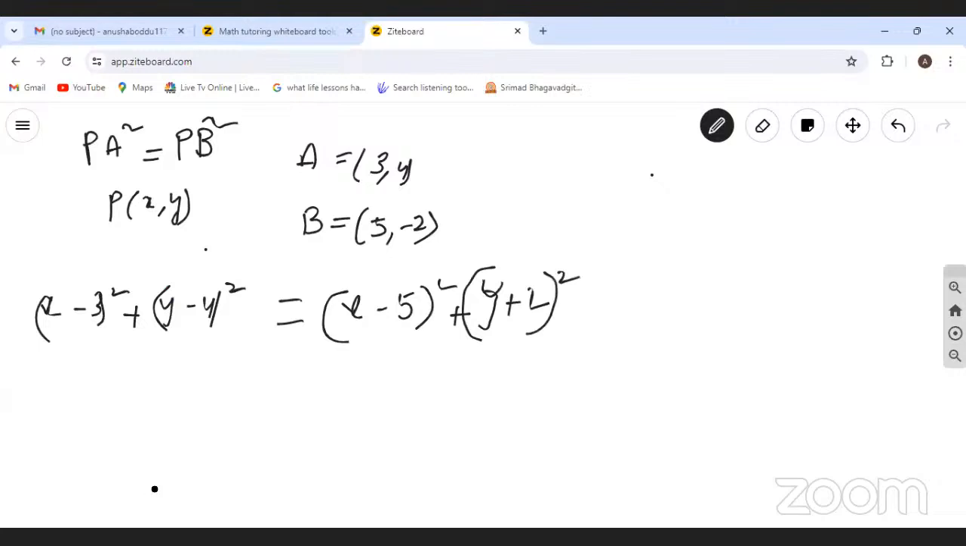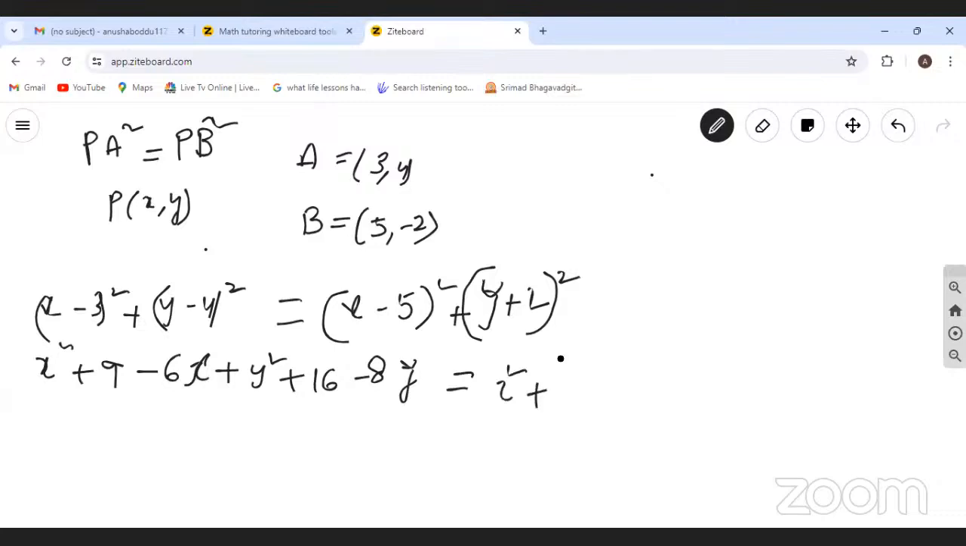If you solve this, (x minus 3) whole square is nothing but the (a minus b) whole square formula. It is nothing but x square plus 9 minus 6x, plus y square plus 16 minus 8y is equals to. Next, all this also, what will you get? x square plus 25